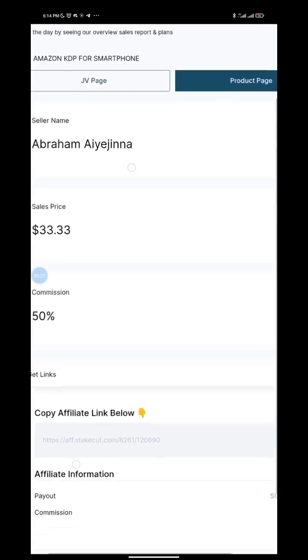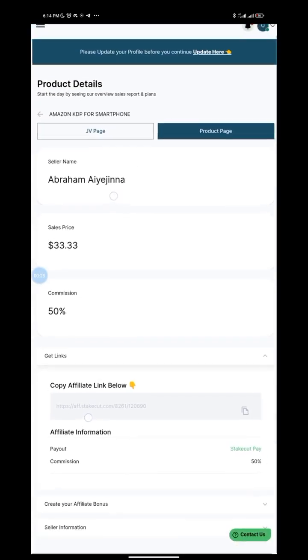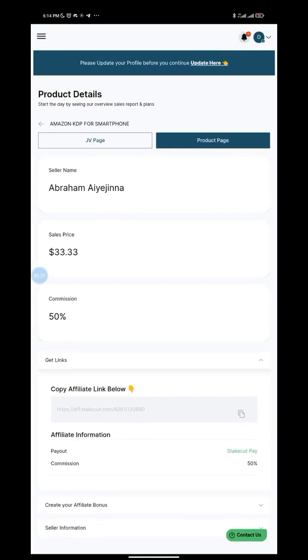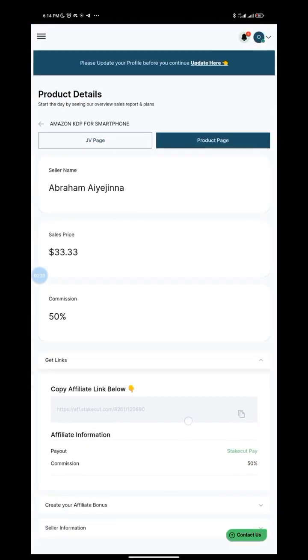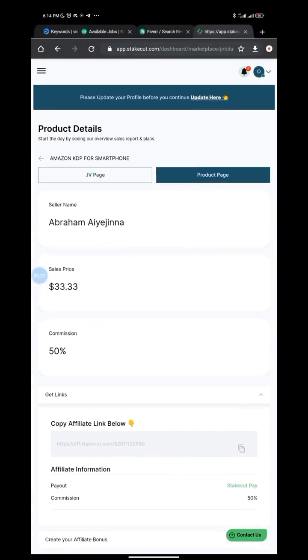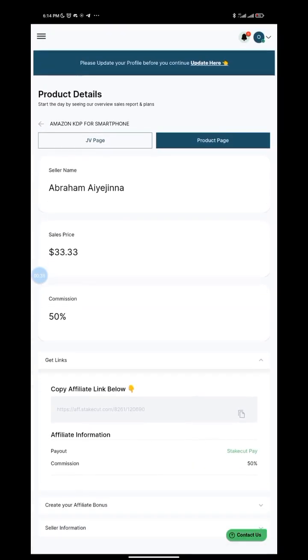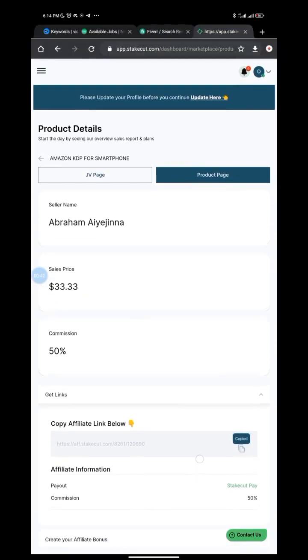So you want to go for something that people are buying, that people are already looking for, which is a high selling product, so that it will be much easier for you to sell that product also. Right now, the next thing you want to do is get your affiliate link right here, copy it, and you can start promotion. Before you start promotion, what you want to do is check out